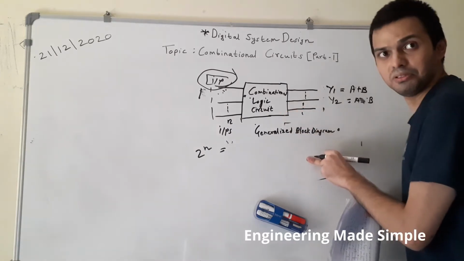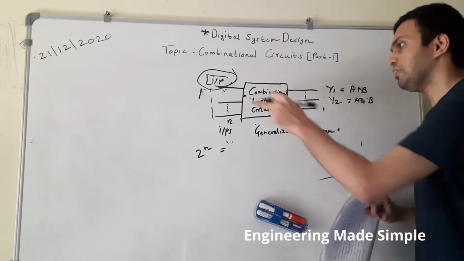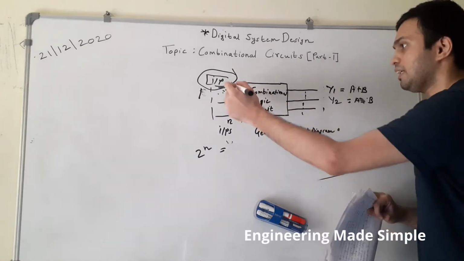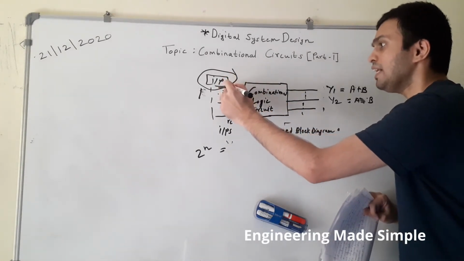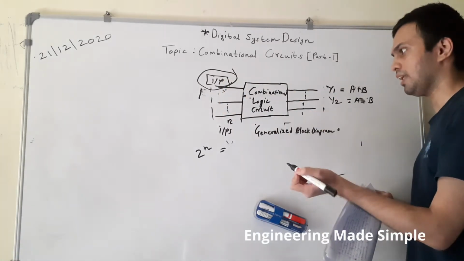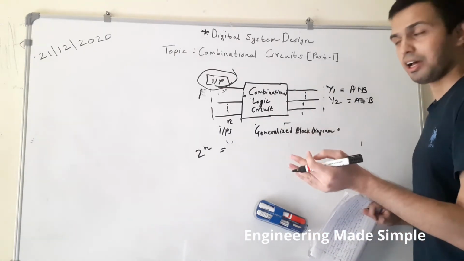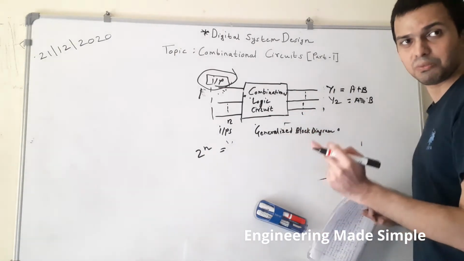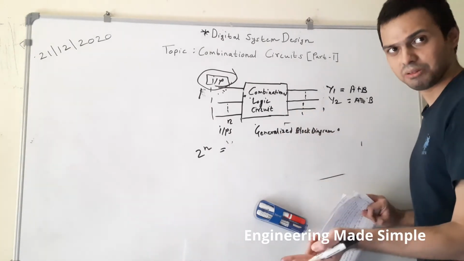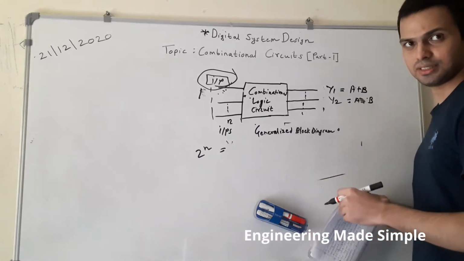And as I told you, the output of the system depends only on the present state of the inputs, not the past state. It depends on the present state means the system does not consist of any memory element. There is another type of system which consists of memory, or which depends on the past state of the inputs also. Those circuits are called sequential circuits, but we will study those later on in this course. For the time being, we will study combinational logic circuits.